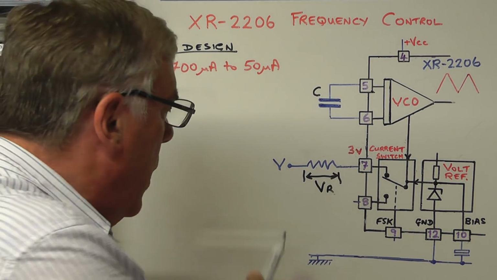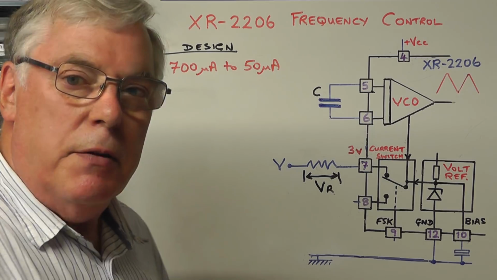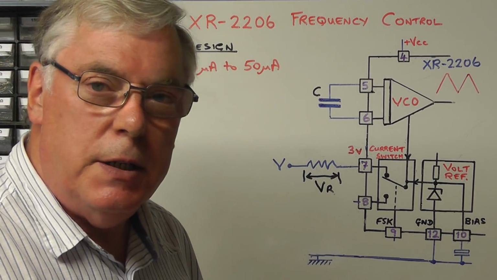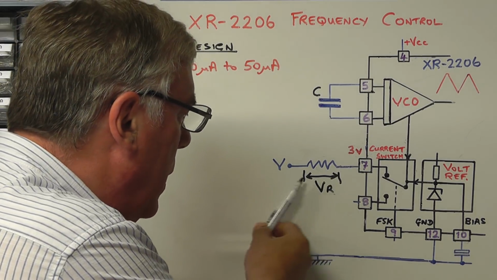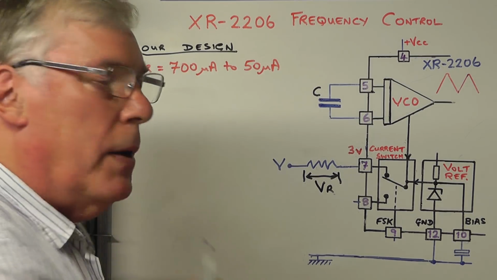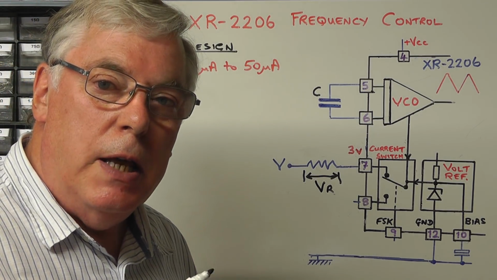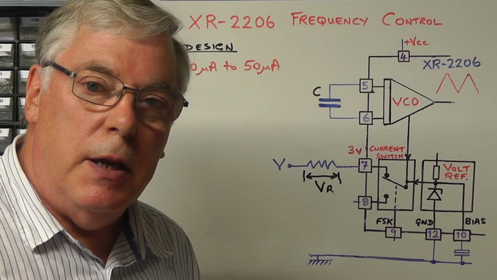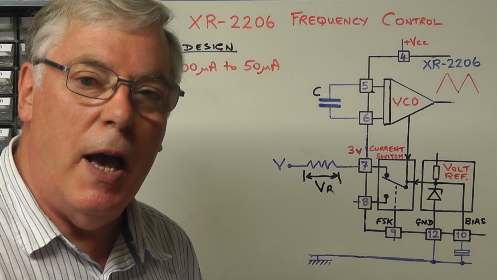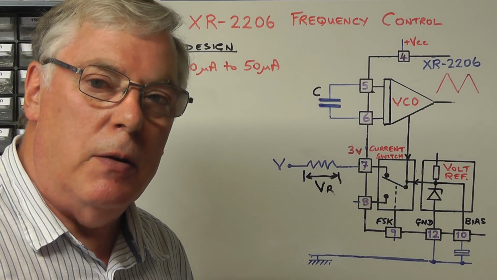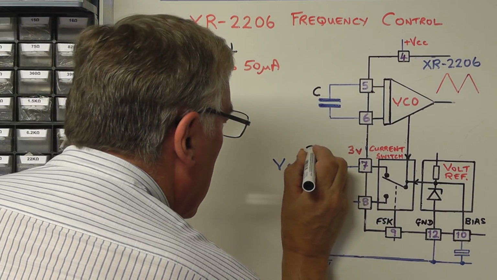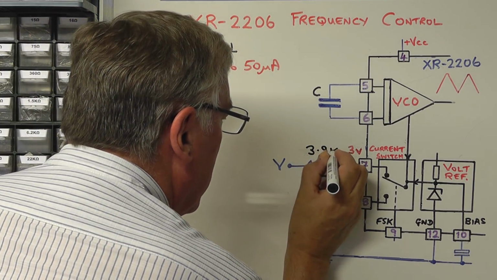Now before we can calculate the voltage swing at this end of the resistor, we need to know two things. We need to know what the value of the resistor is, and secondly we need to calculate the voltage drop across it for the current swing. Now if you recall in the datasheet I mentioned that the manufacturer suggested that the minimum value resistor would be around 4k. Well, the nearest standard value to 4k is a 3.9k, so we're going to use a 3.9k resistor for that